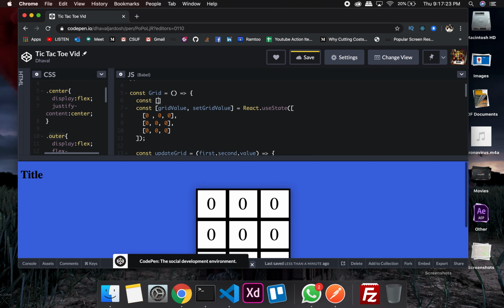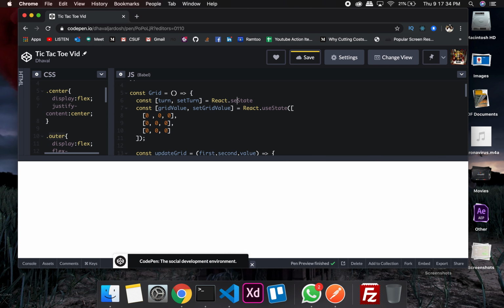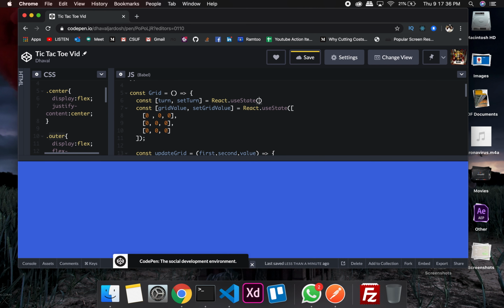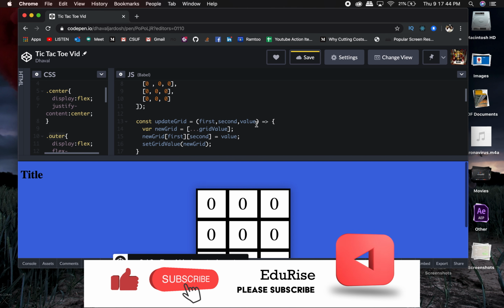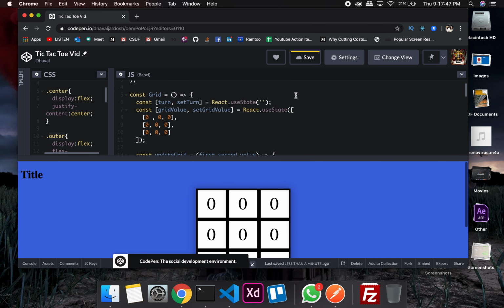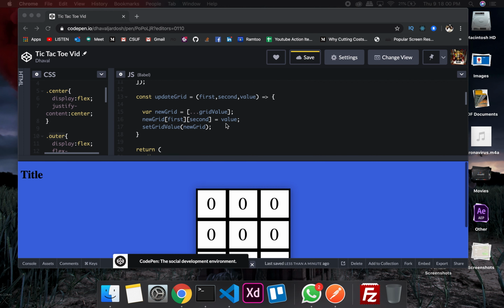So constant turn and set turn, React's useState, sorry, and this turn will always be an empty string initially, or I should say it should not be an empty string, we can have it as X. We can give this guy the first turn always, and we'll have a logic here that once everything is done,